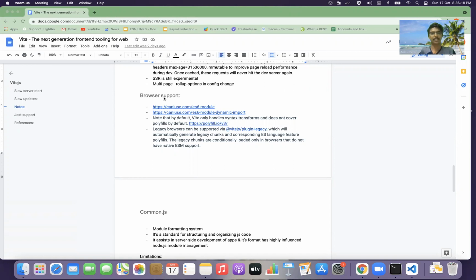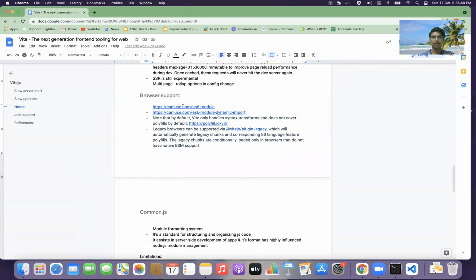But now what we are going to do is discuss a few more closing thoughts. When it comes to any library or any external thing or new things, this should be one major concern: browser support. I told you already that we are going to use native ES modules which came recently. It has pretty decent support in modern browsers, but what if your customers are using old browsers? What's going to happen, right?